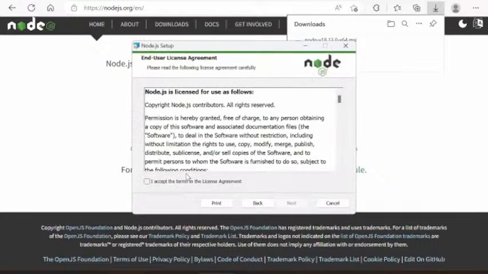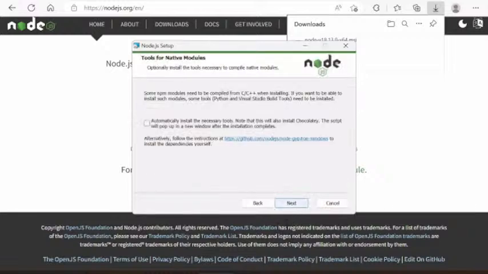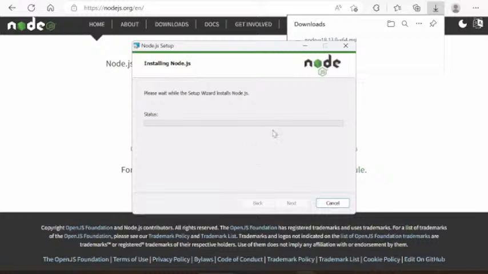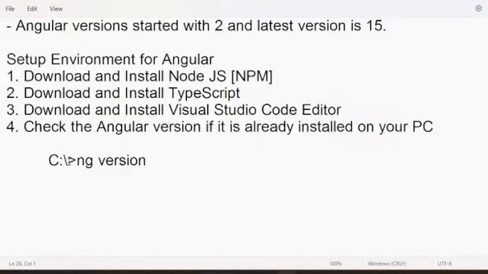I will follow these steps. So it is installing. Let it install. Now here, first you check your version.